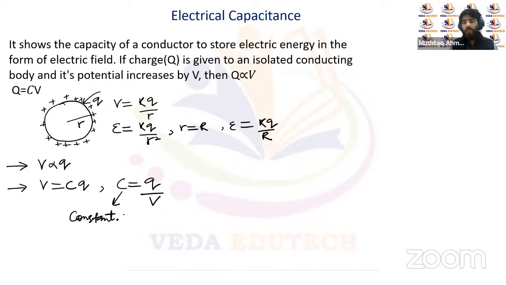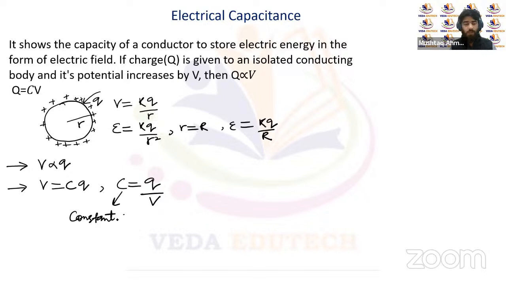So let's try to understand what electrical capacitance actually is. Does it mean that we can supply any amount of charge on the surface of this conductor? Does it have any limit? How much charge can we actually supply? If we increase the charge continuously, the electric field strength is going to increase and the potential is also going to increase. After some time, the electric field strength will increase to such an extent that the conductor cannot retain any more charge,